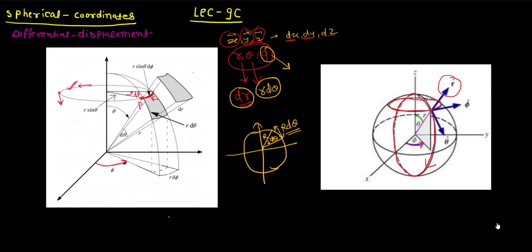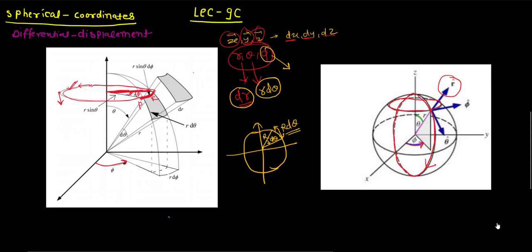Now this is a similar concept. This is the circle we will be tracing. If we know the radius of this circle, and we know the angle is d phi, then we can easily get this length of the element. Now let's find this radius.